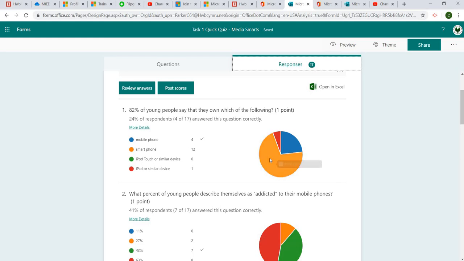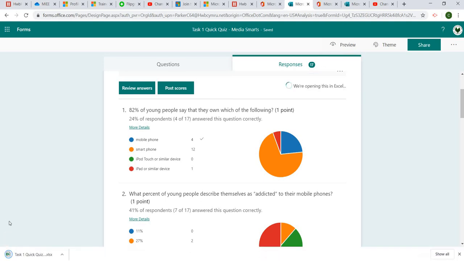If you weren't happy with the pie charts, I know for example in Welsh Bac you can't have these pie charts as your answer for everything. You're going to get very low marks if you just use pie charts, and you need to produce other types of charts as well. You will need to open it in Excel. So you just click on open in Excel, it downloads it onto the computer,